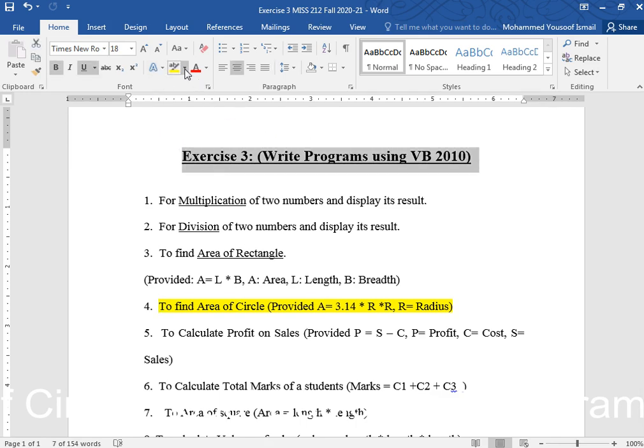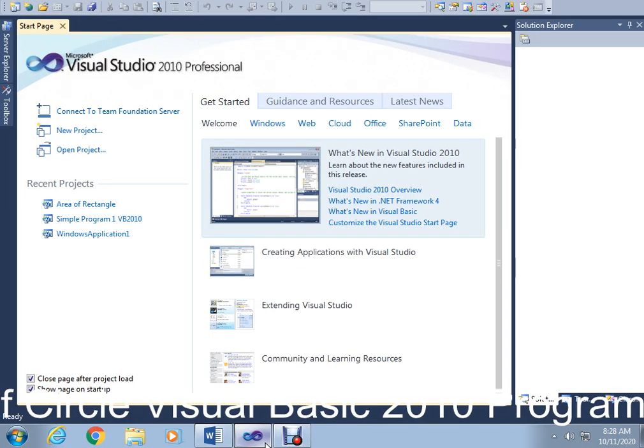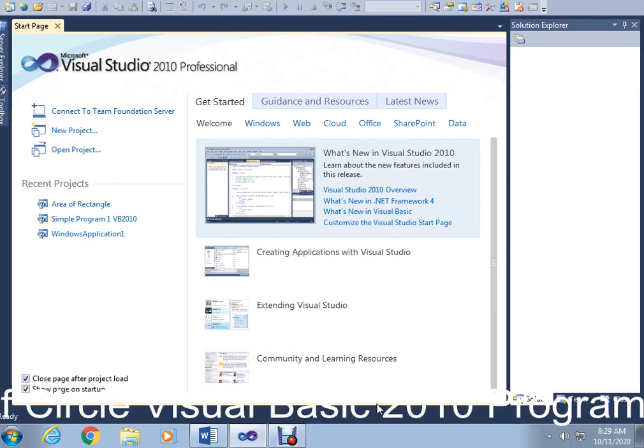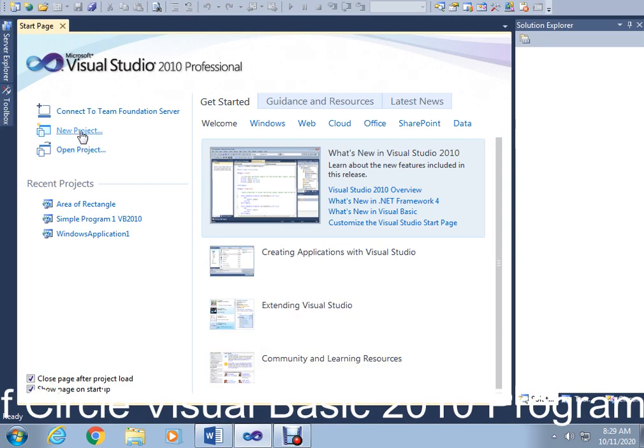2010. So now I think this material is already available with you. I am just going to give you the solution for this question. Okay, let us start now. You open Visual Basic as usually done. You can refer to the program example which is available already, and from the example you can see how to open it. Now I will open it as a new project.